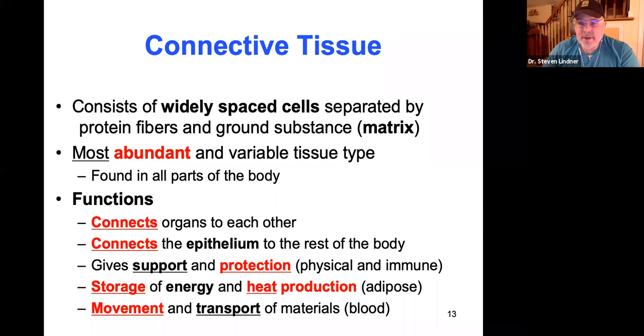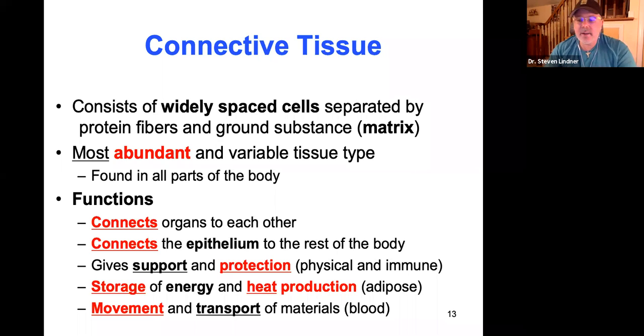It can give support and protection, like physical support and physical protection, as well as immune support and immune protection. And that's because of the blood, right? Blood is connective tissue. It is just considered liquid connective tissue. And here, when we talk about immune, yeah, we're talking about lymphatic fluid, but we're also talking about white blood cells. If you need to review the white blood cells, make sure you review the other lab lecture that I did